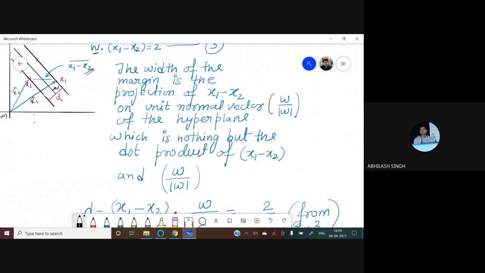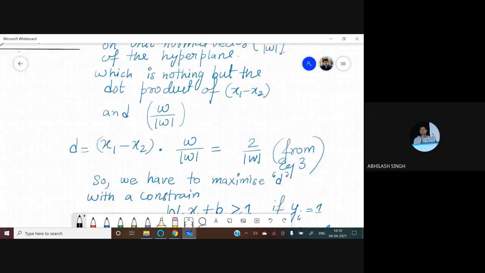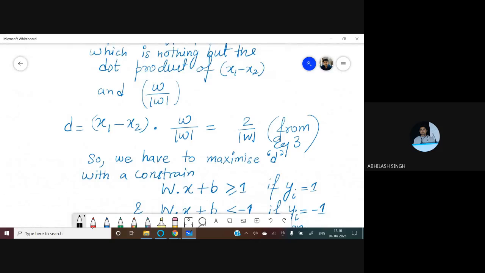So the width of the margin is the projection of this x1 minus x2 vector on the unit normal vector W. If you recall, W is normal to the hyperplane, and the unit normal vector will be W divided by the magnitude of W. If you try to find the projection of x1 minus x2 on this normal vector, you just need to calculate the dot product of x1 minus x2 with the unit vector. And in that case, what you will get